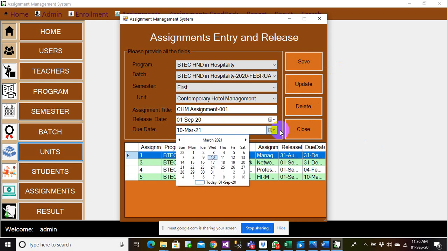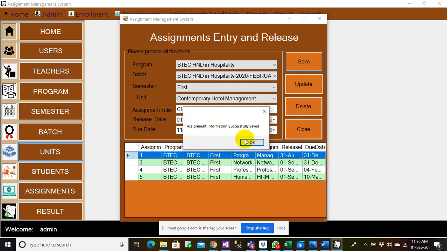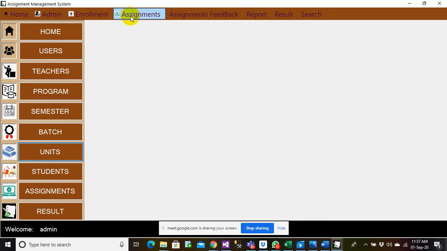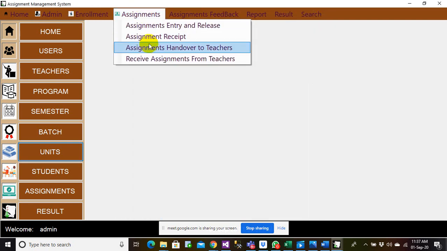It's all released today. So this is the assignment sheet. Okay, so we have so many assignments created now. Now under assignment receipt,